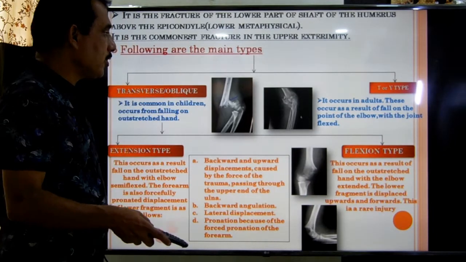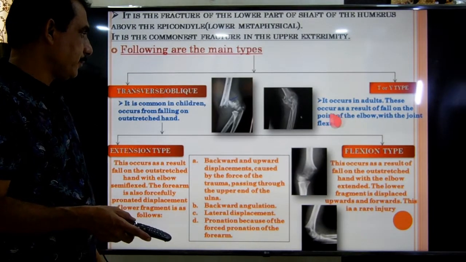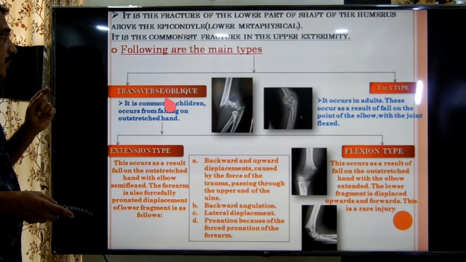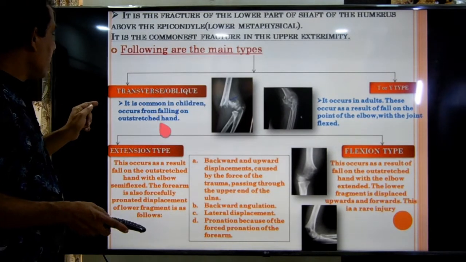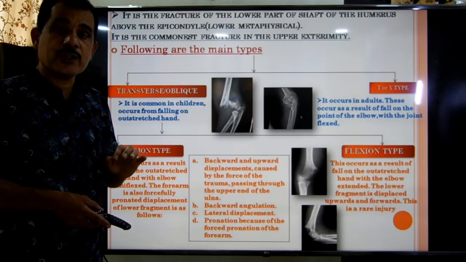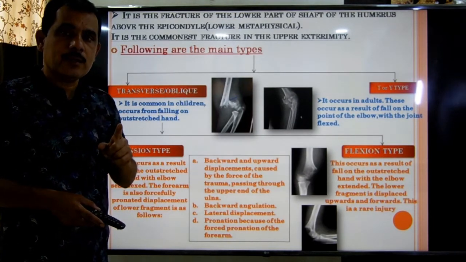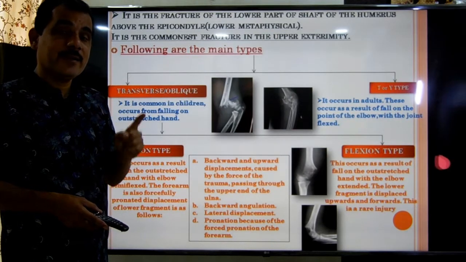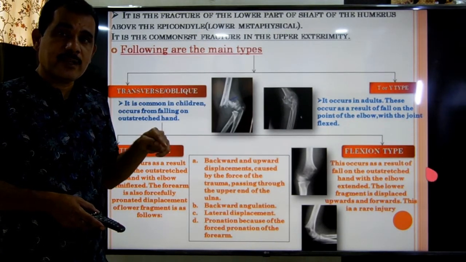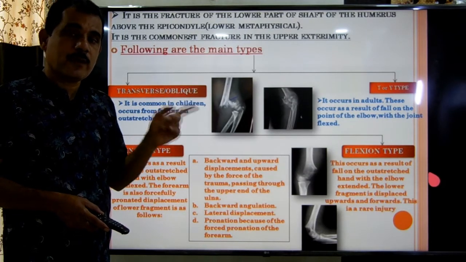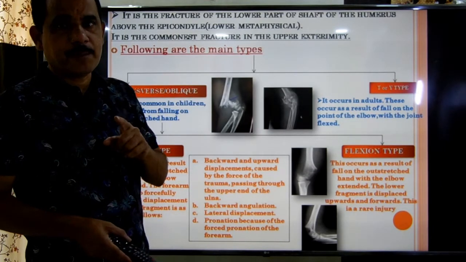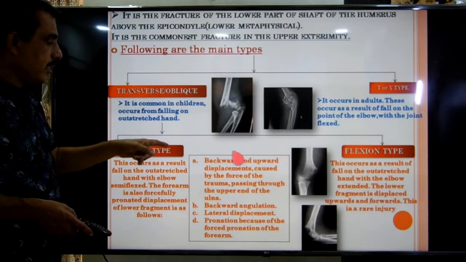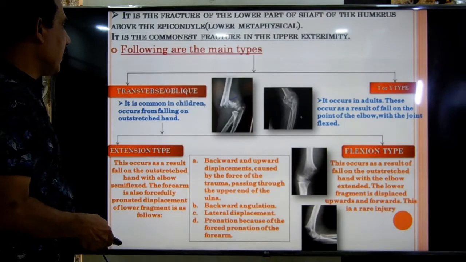Do you understand? So this is the T or Y fracture. So these are the types of the fracture. Remember, as you have been seeing, in dislocation of the elbow, the same injury, falling on the outstretched hand in an adult, will cause the posterior dislocation of the elbow, and falling on the outstretched hand in children causes the supracondylar fracture of the humerus. So do you understand what is meant by the supracondylar fracture and its types? Then we go for the clinical features.